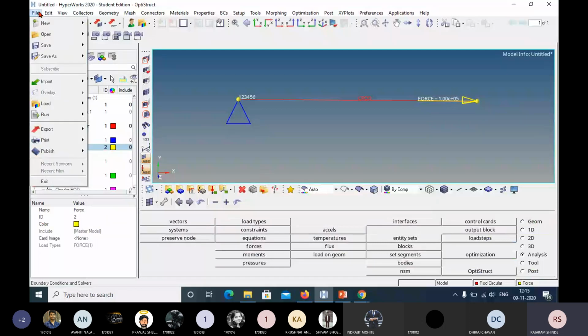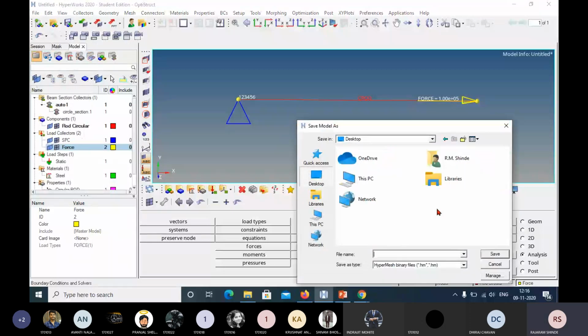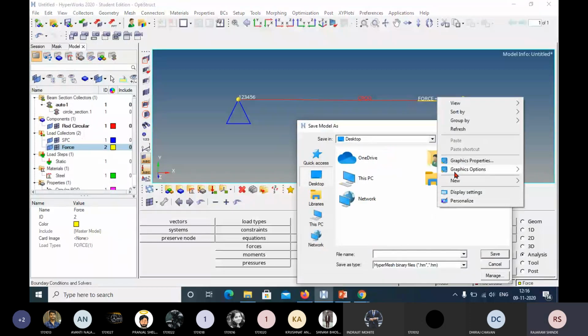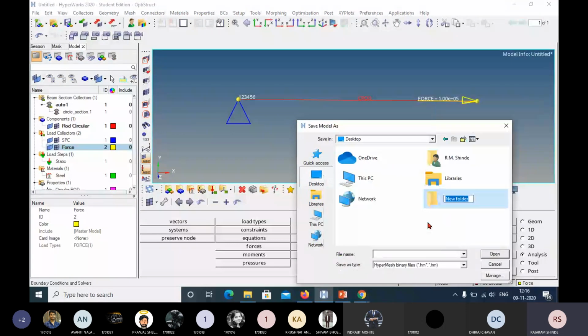Now I will save it, and you should save as a model, not as a session. Save as a model. Now I will make one folder on desktop, and before saving you have to make one folder, because it is going to create a number of files. I will create x1, experiment number 1,